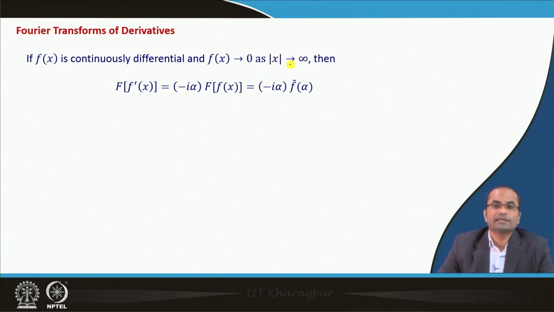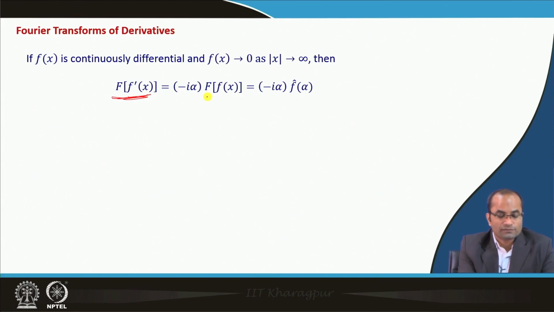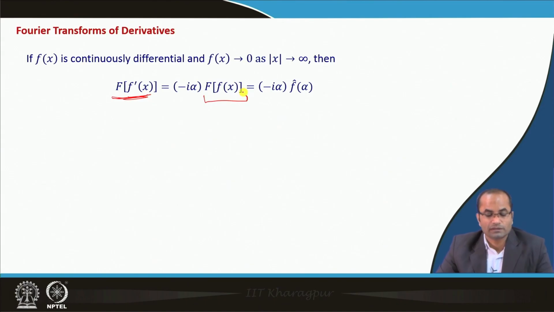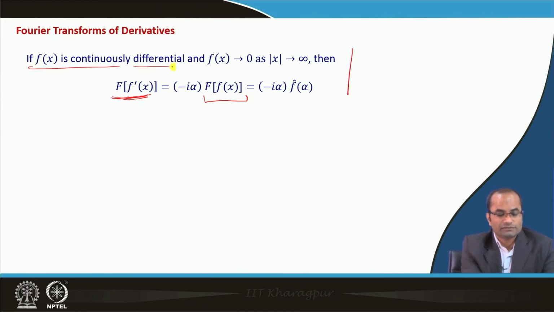The Fourier transform of derivatives is going to be very useful for solving differential equations, as discussed before. When we take the Fourier transform of the derivative, the interesting property of these transforms is that we get the result which is free from the derivative, and this is the property which is useful for solving the differential equation. So, this derivative theorem says that if f(x) is continuously differentiable,